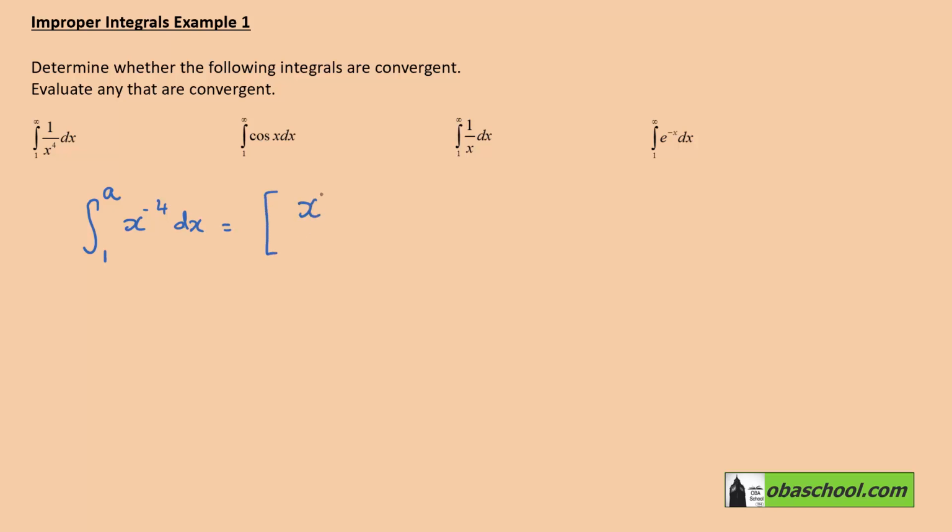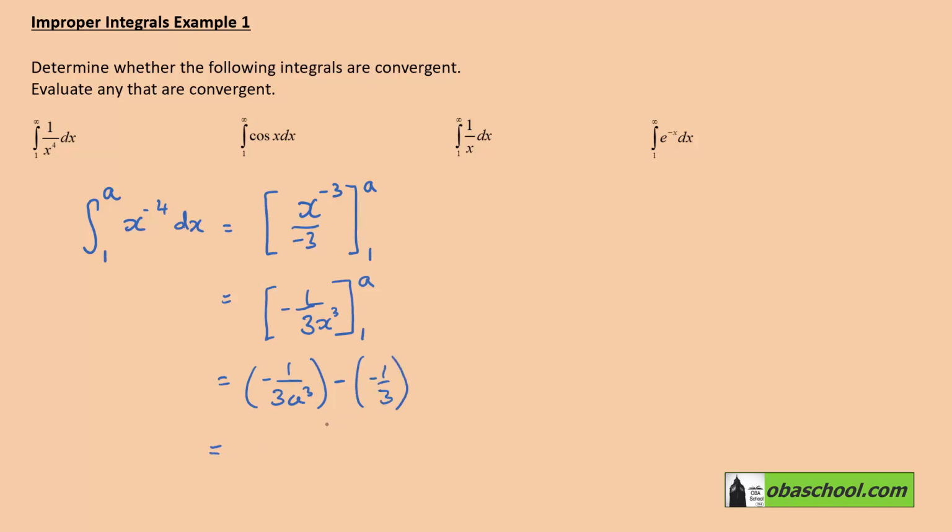So increase the power by 1, divide by the new power, and then we'll tidy that up. So that is going to be negative 1/3 and 1 over 3x cubed. That would be a nice way to write that one. And so using the top limit, we have negative 1 over 3a cubed, and using the bottom limit we get negative 1/3,